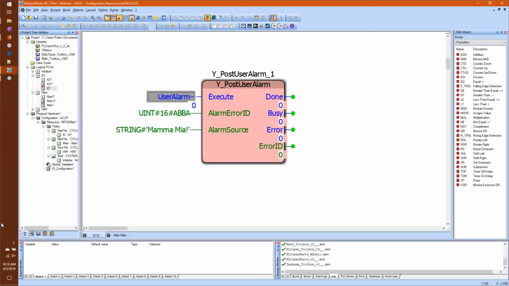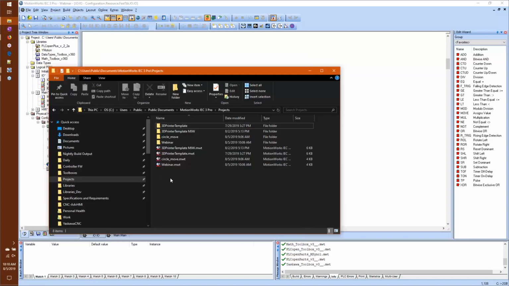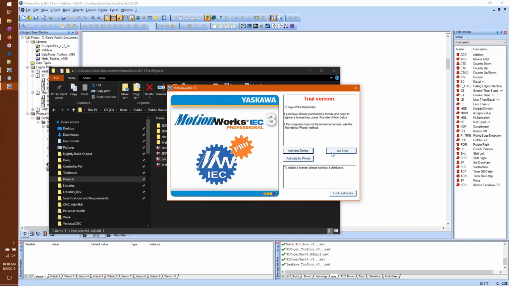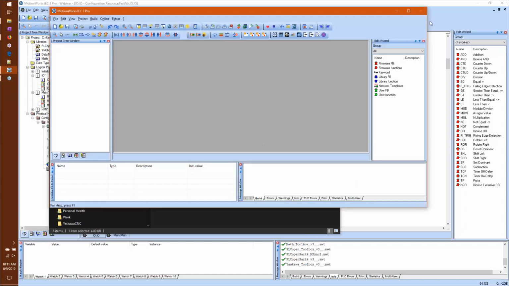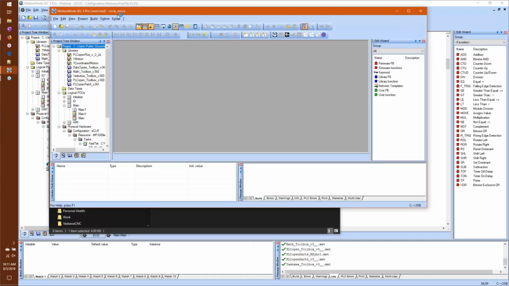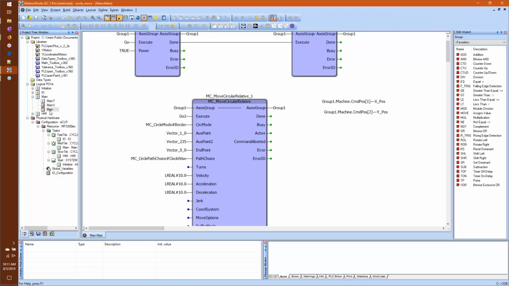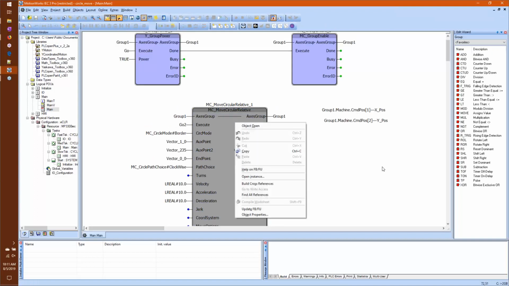We've also made some enhancements to how MotionWorks IEC acts in restricted mode. If you're not familiar with restricted mode, that's what happens when you try to open a second instance of MotionWorks at the same time. So here I've opened a second instance of MotionWorks, and you can see up here in the title bar it says restricted. Previously, when you were in a restricted mode, all you could do is pretty much go in and copy and paste